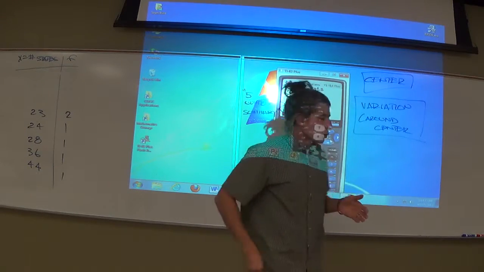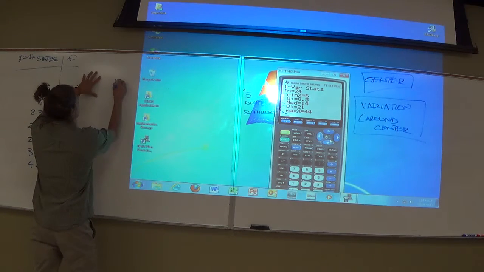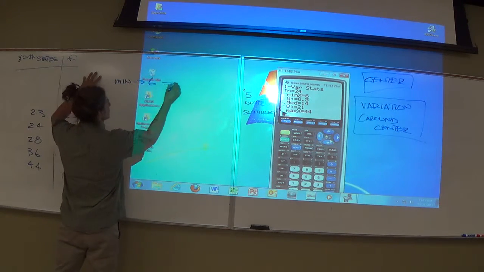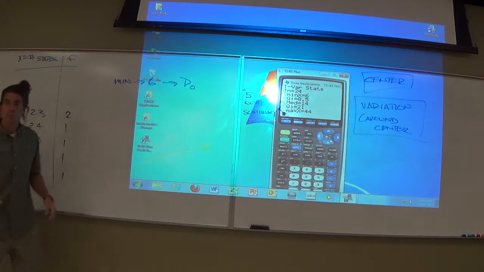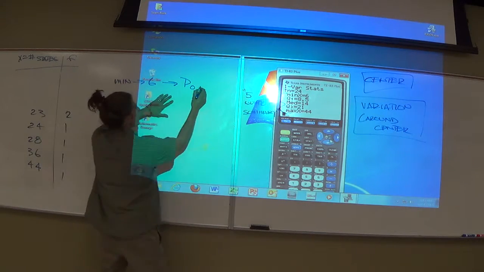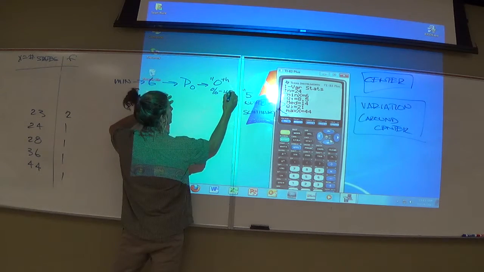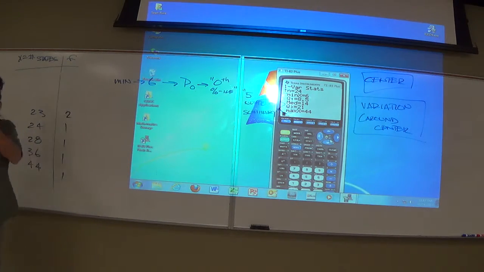Does that make sense? So if we want to break this down, I'm going to put this right here. The min for our data was 6, which we call the 0th percentile. Did we talk about this shorthand last time? I'll write it down in words too. It's the 0th percentile. We talked about percentile ranking with Max, and there's a shorthand for it. When you have a big P sub number, that's pretty much standard symbolism